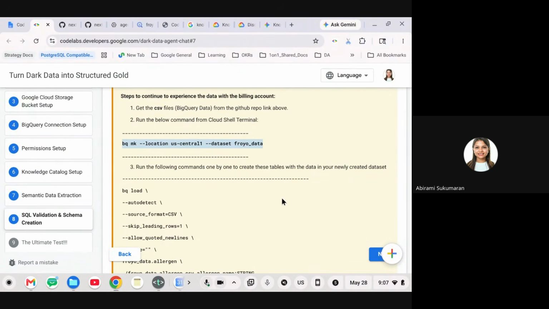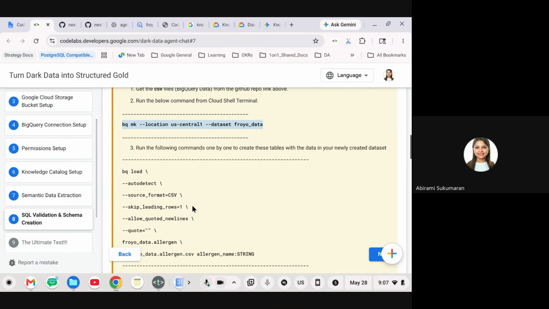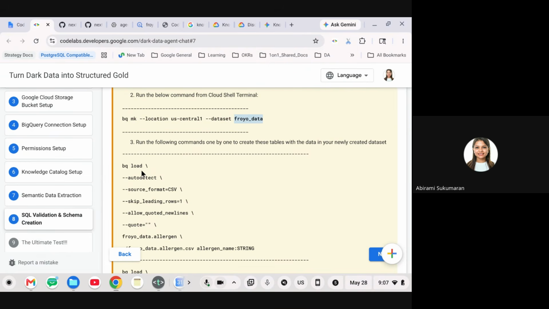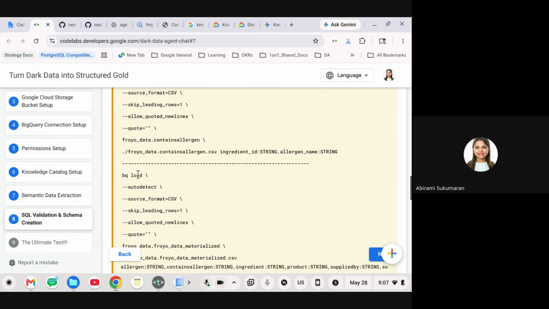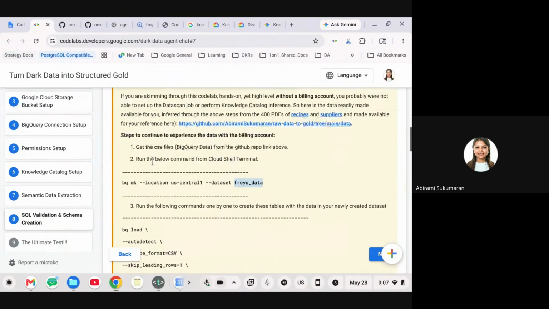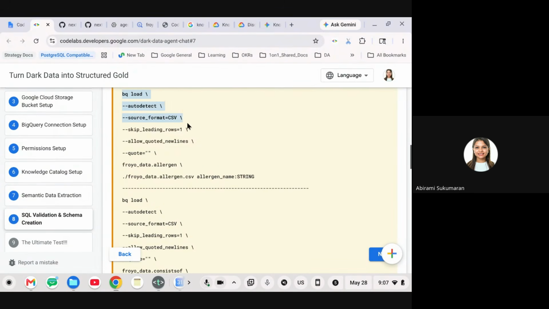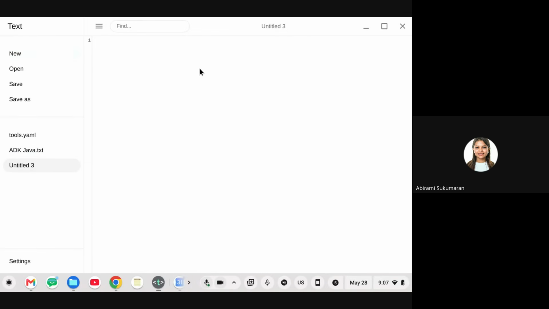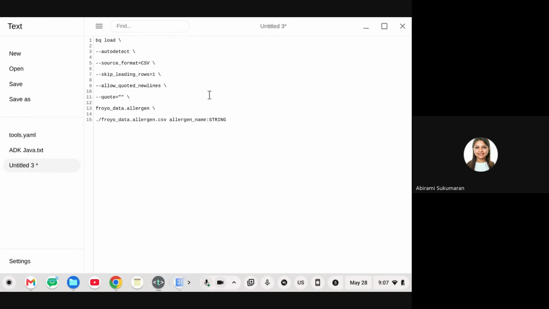All right. So the next step is BQ load. We have created the dataset. Now we need to create tables and load data into them. That's what the next 8 segments are about. So go ahead and copy segment number 1, which is BQ load. Copy that first into a text pad so that you know there is no unwelcome character or anything there.